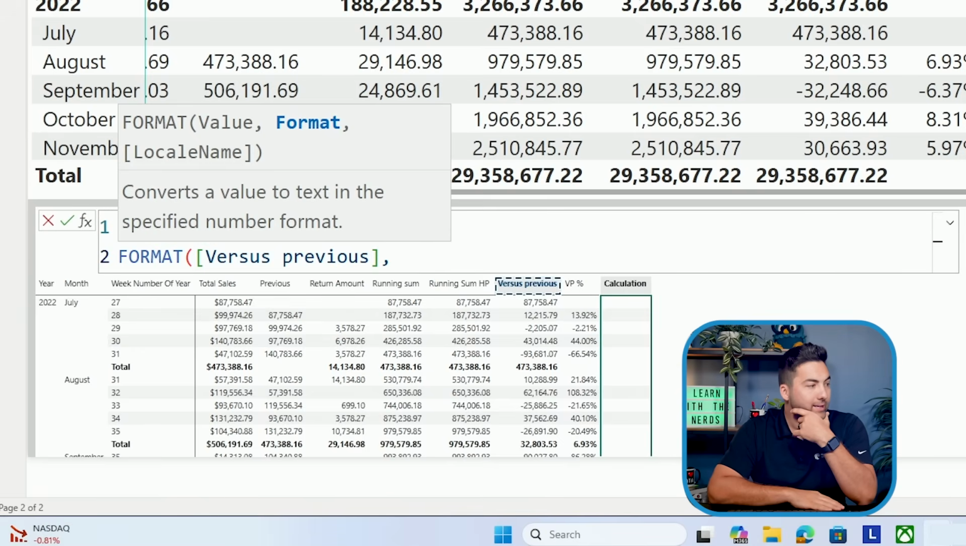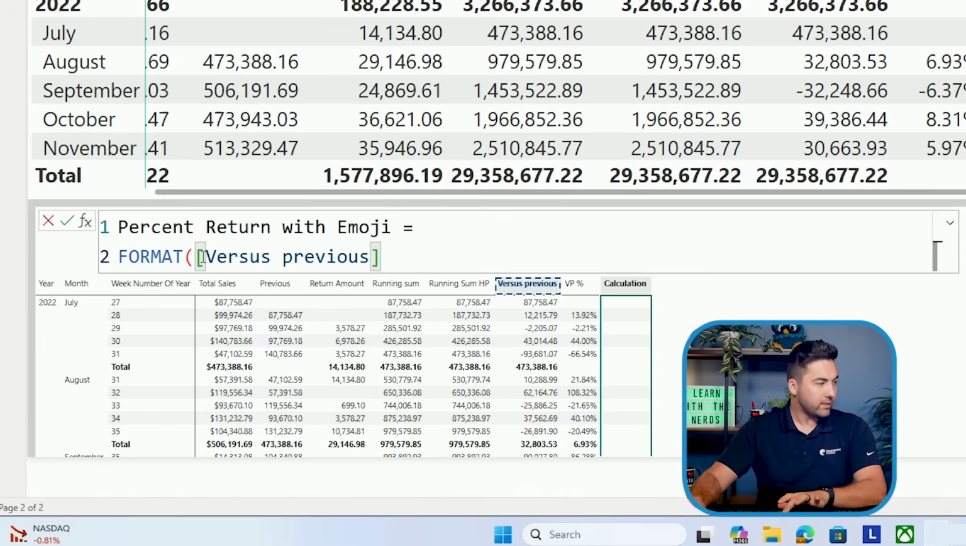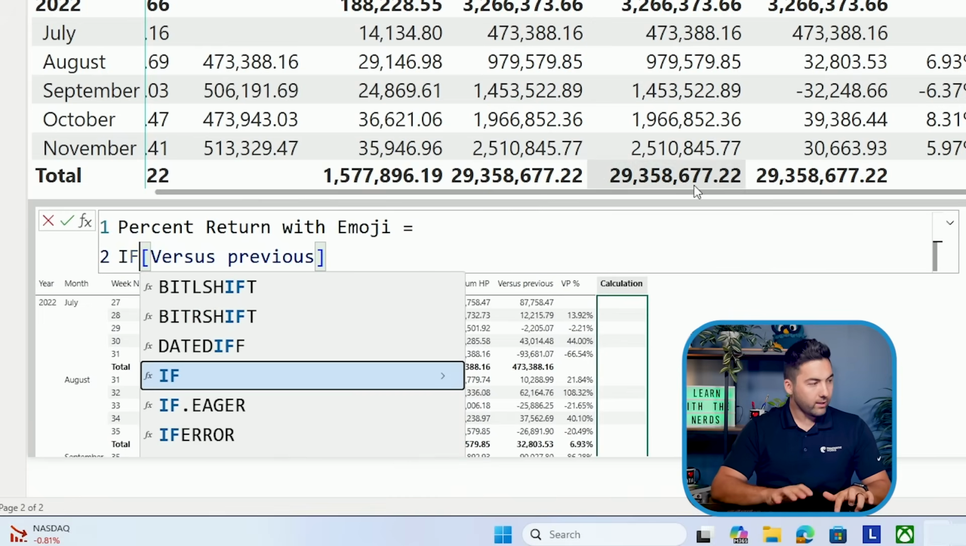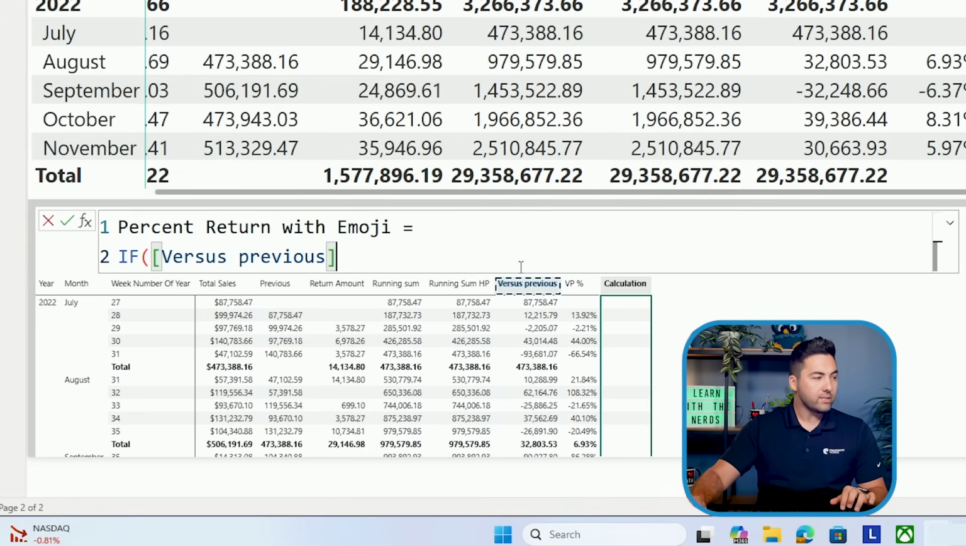Let's say that we want to, you know what? Do we really need to change it up too much? Let's actually leave it as is, and let's bring it in with an if statement. We'll say if, I don't think we'll actually need to format too much here. If versus previous